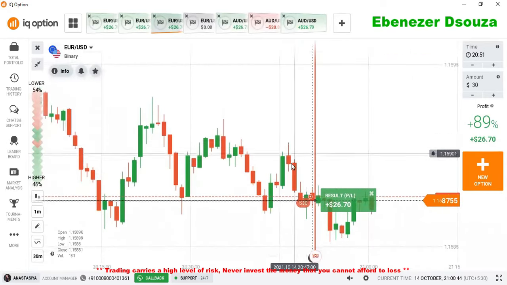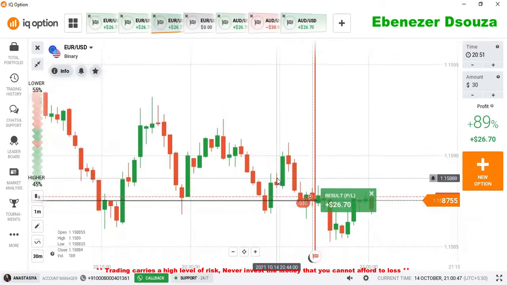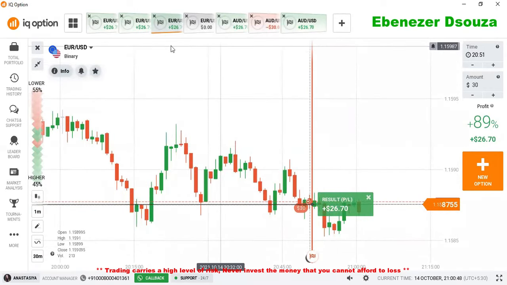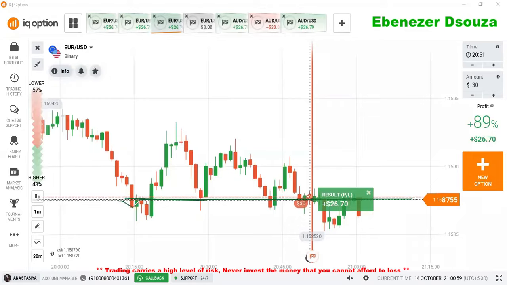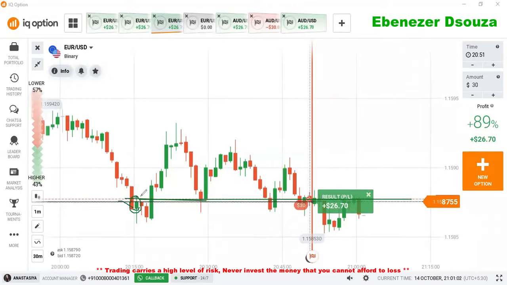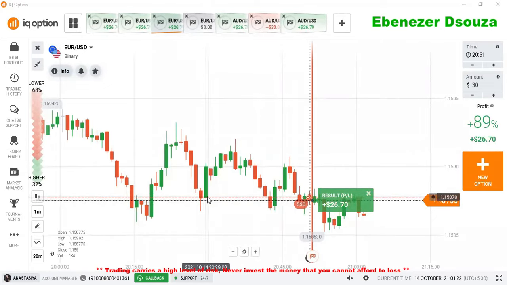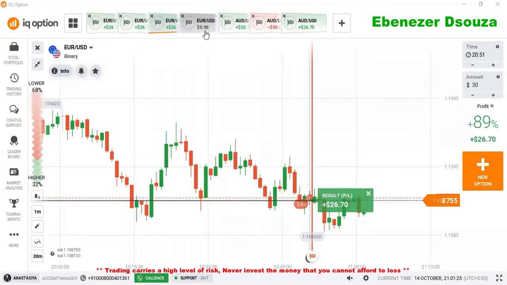So I placed here a lower option trade because even when there is a buyer's entry, we are seeing a retracement candlestick every time. If you observe from this point, it was an extreme level previously. So after a breakout too, it is reversing. After every retracement we are seeing a bearish candlestick. Here as well after this bullish candle we are seeing a bearish candle. Here as well after this bullish candle we are seeing a bearish candle. Here as well after this bullish candle we are seeing a bearish candlestick. So that's why I placed here a lower option trade. It's not good to go with buyers directly from this point because we are seeing retracement candlesticks.